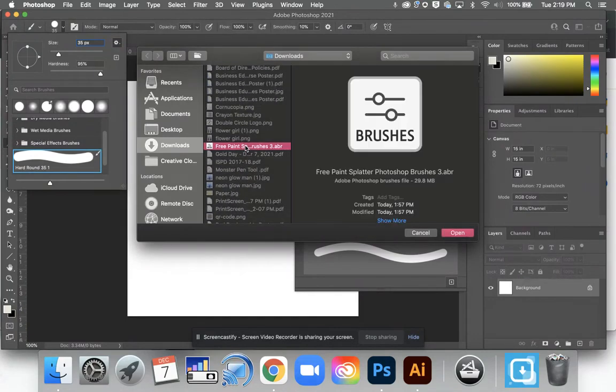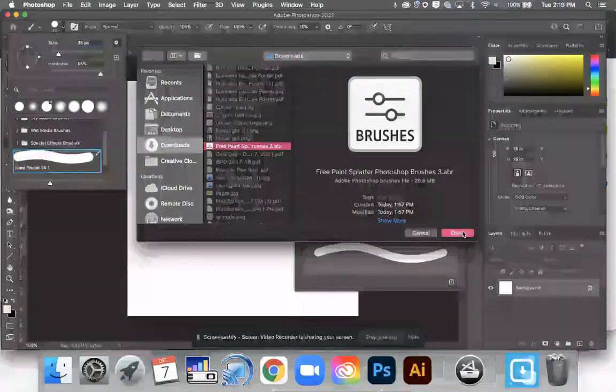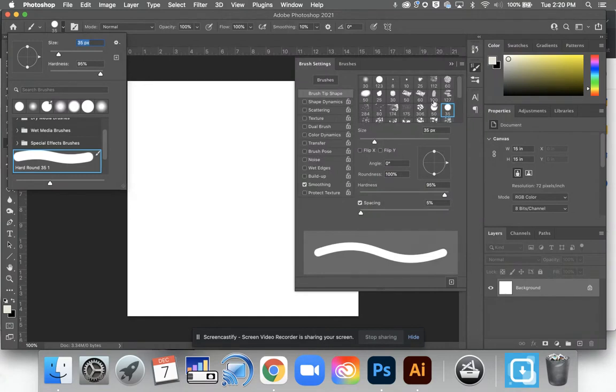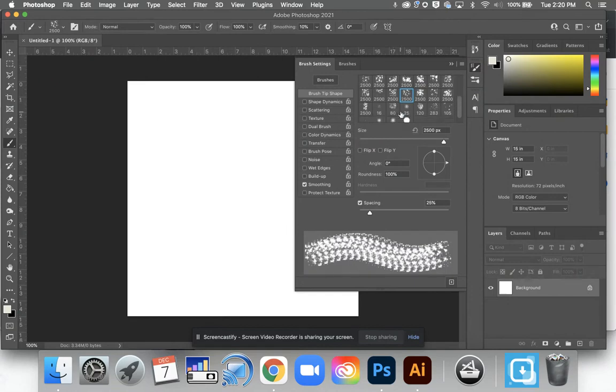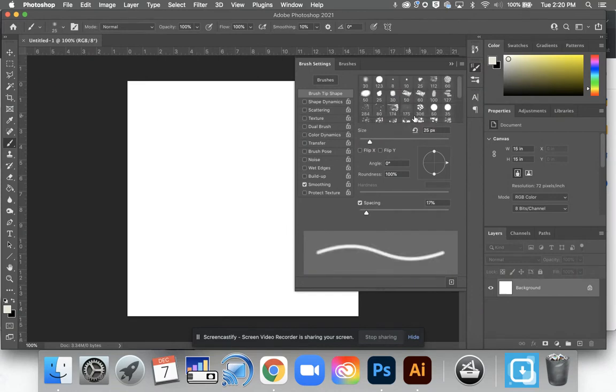So right here I can see I have my Freeze Paint Splatter brush that I previously downloaded. And once I hit Open, Photoshop's going to do all the work. It's going to manually put in all of these paint splatter brushes that I just opened. So now you can see in my brush setting, I have all these different types of splatters